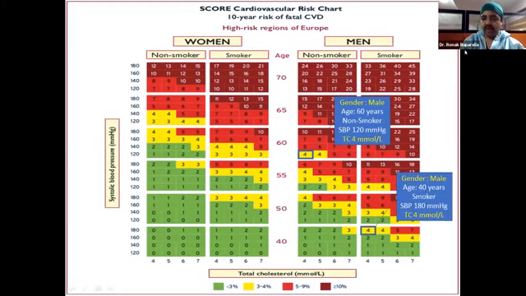And if we compare this with this gentleman who is 40 years old but a smoker with a systolic BP of 180, cholesterol level remains the same in both. The only difference here is age, smoking, and systolic blood pressure. The risk here, in spite of being the younger counterpart, is the same. So age, smoking, as well as systolic blood pressure play a vital role in the risk assessment. Then the second step is the categorization of the patient.